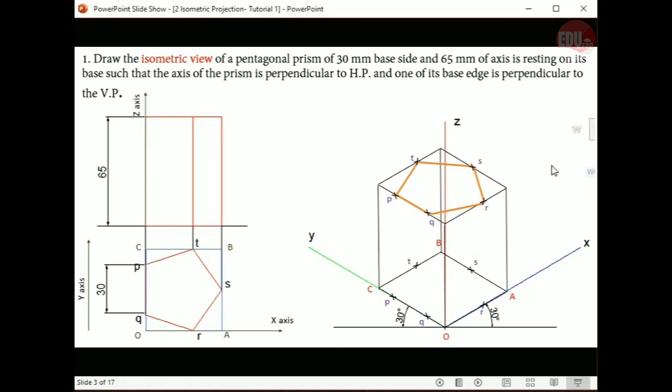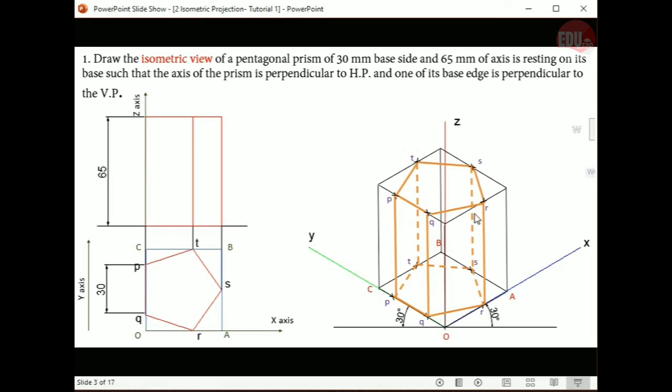For that, first you have to draw the top face completely visible. Okay. Then you can draw the longer edges. Okay. These will be the invisible edges. I will tell you the hierarchy. First, you draw the top face as visible, PQRST as solid lines. Then you have to join the vertical edges. So PP, that is an outer line. Okay, that is not crossing any other edges. So you can draw PP as a straight line, QQ as a straight line, RR as a straight line.